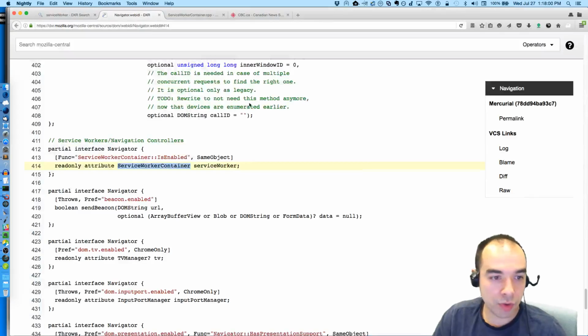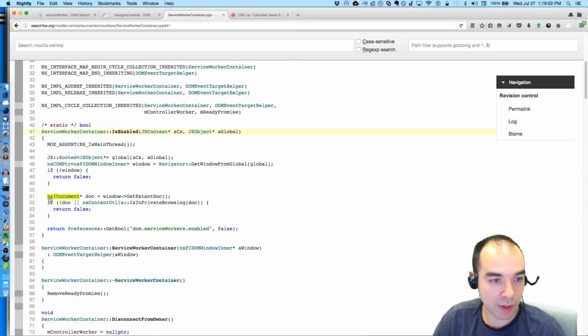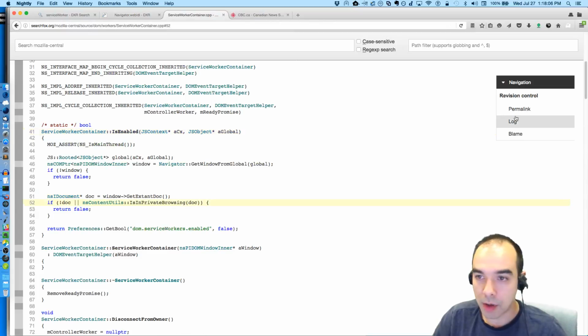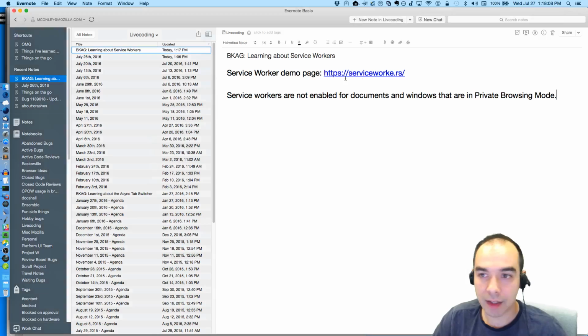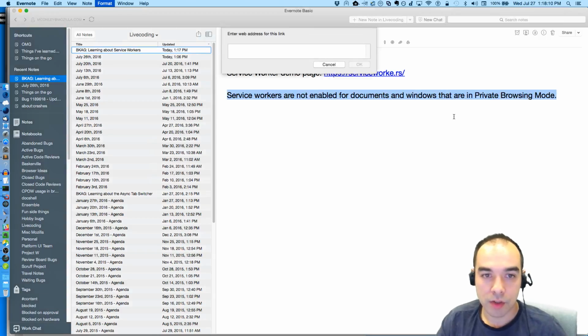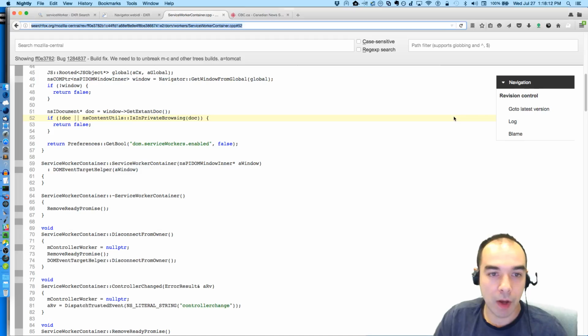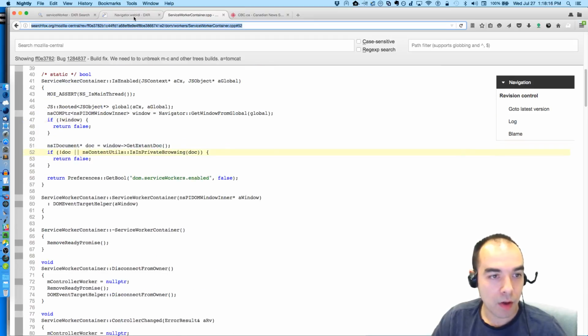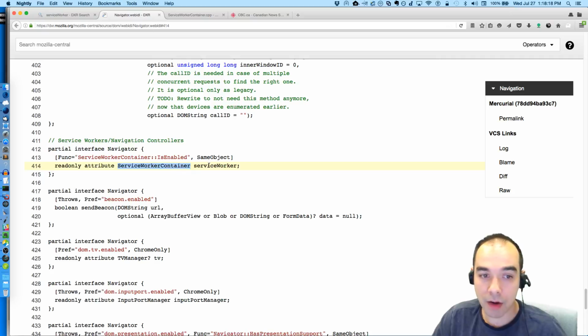And that's controlled here inside the service worker container. I'm going to get a permalink to this line just for posterity's sake, and I'm going to link that up. Okay, that's neat. And then we check to see if it is enabled, and if it is, well then I guess we make the service worker container available.